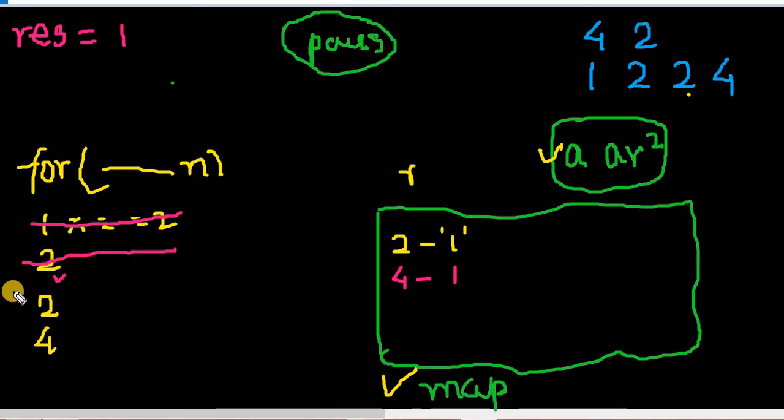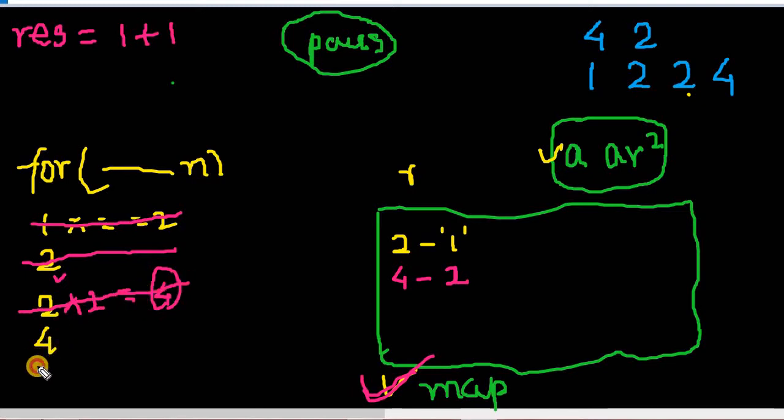We again traverse into the array. Now we got 2 again. So we'll first check if 2 is present here. Yes, 2 is present. So we'll increment the value here for the number of pairs, and for this 2 again we'll multiply it by the common ratio 2, and this will give 4, and we'll increment this value here because it is already present. If it was not, we would have initialized it, but it is already present, hence I will be incrementing this value. Okay, 4 is present 2 times. This is also done.